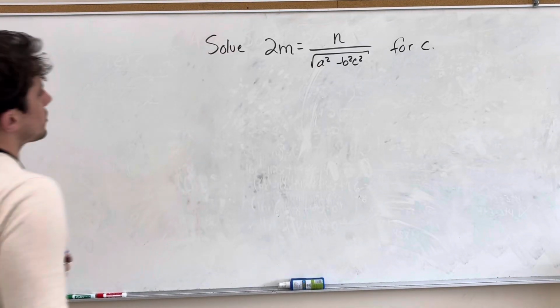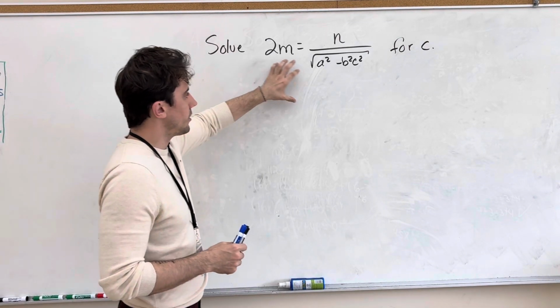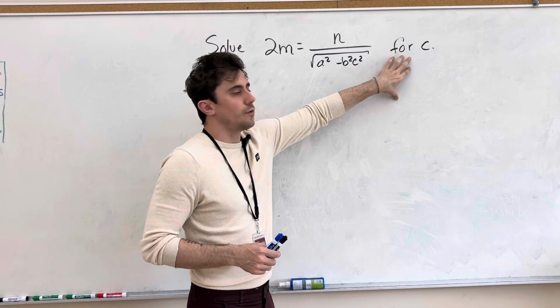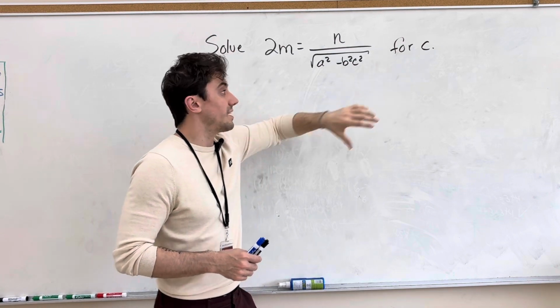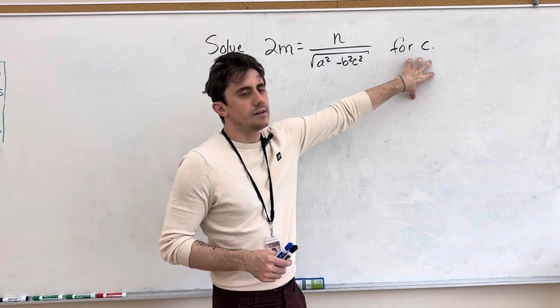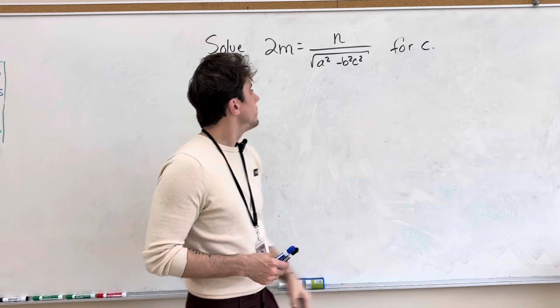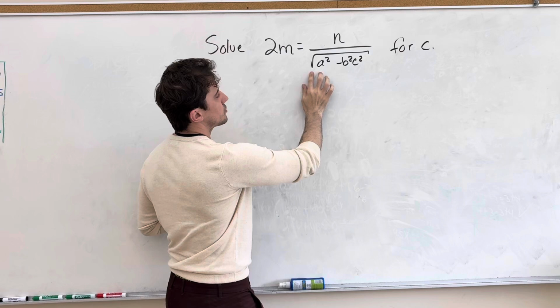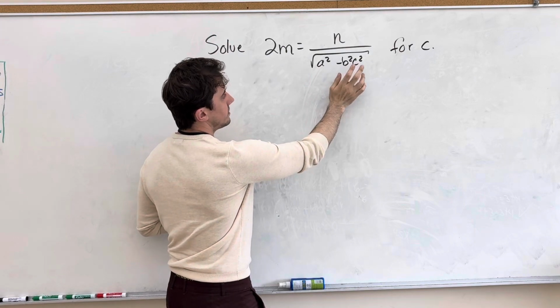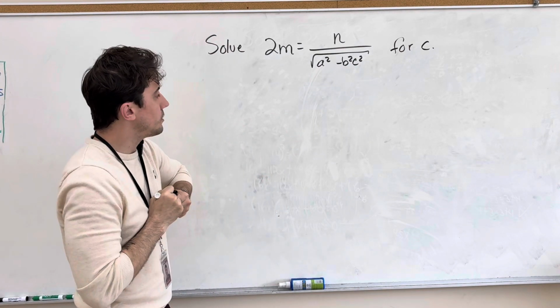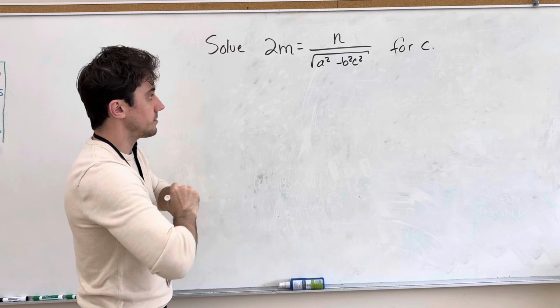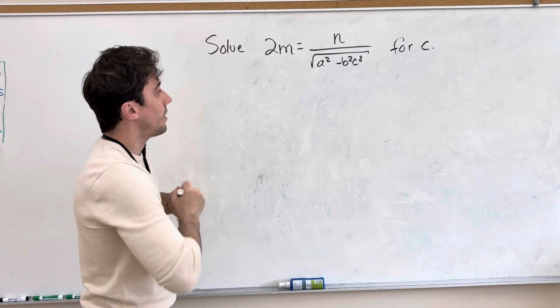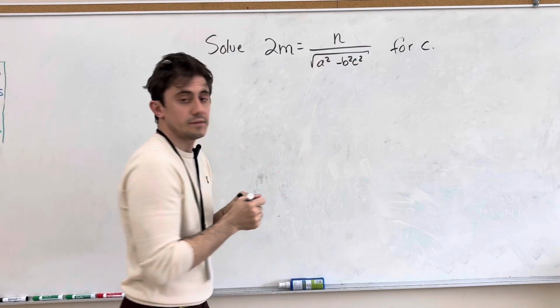Hey everyone, today we're going to solve an equation that has all unknowns and we're going to solve it for C. That is, we're going to isolate this equation for C, okay? So to start that off, we know C is embedded inside of a square root inside the denominator. So what we could do, to start, is multiply both sides by that entire square root in the denominator